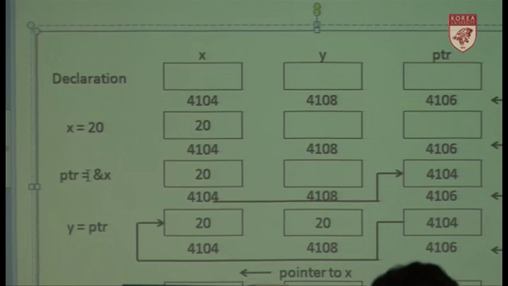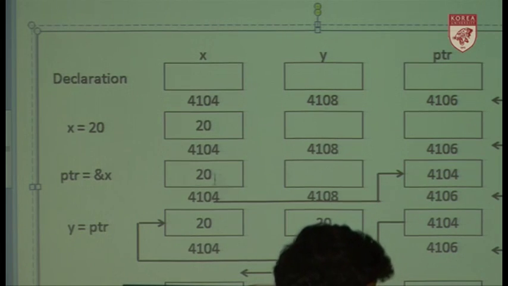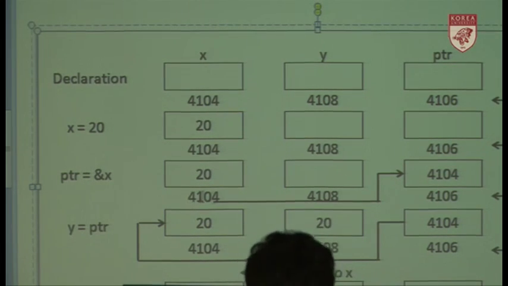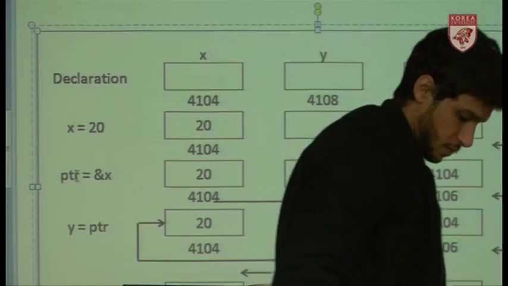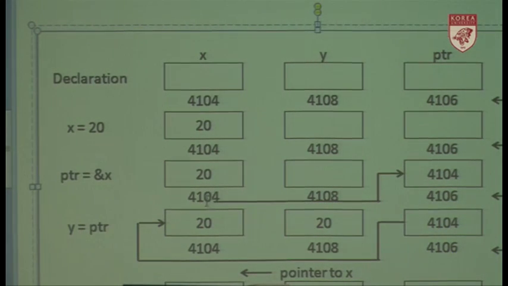Then if we say ptr is &x, then the memory address of x, that is 4104, is assigned as the value of the ptr. Then this one is put here. So the value of the ptr becomes 4104. Then when we say y equal to